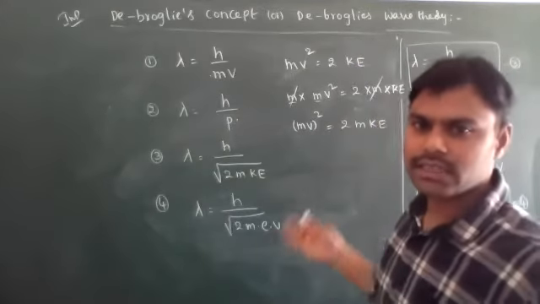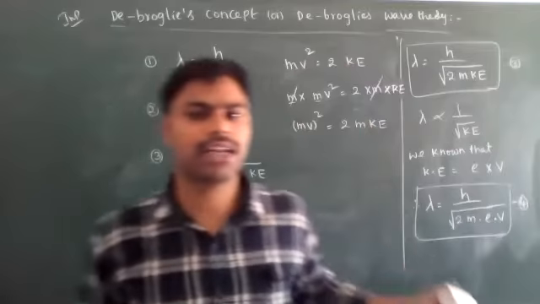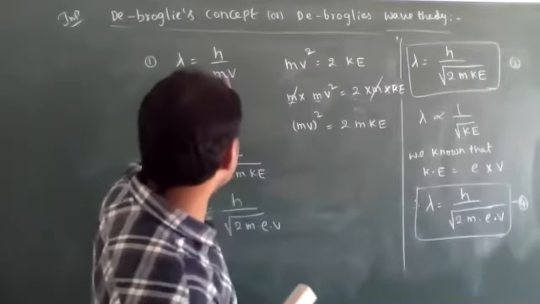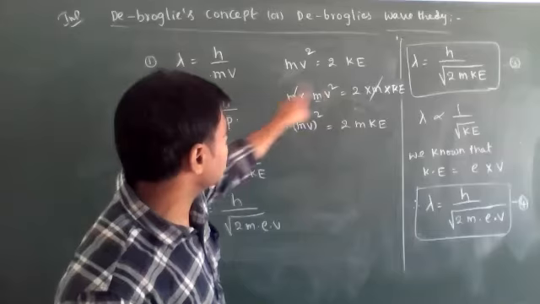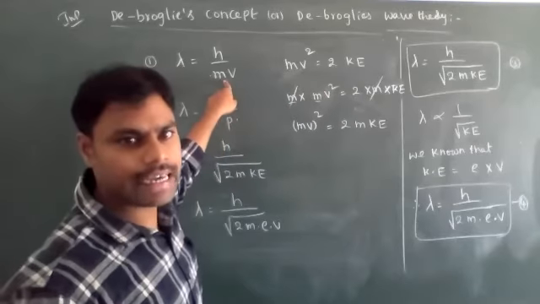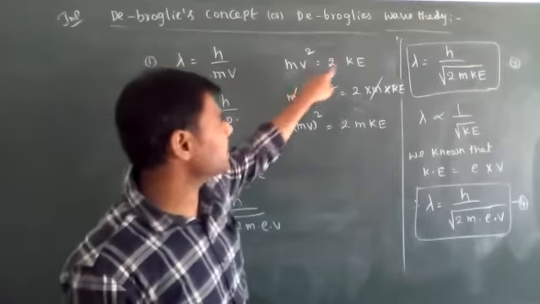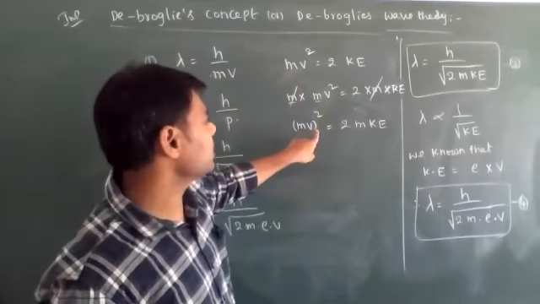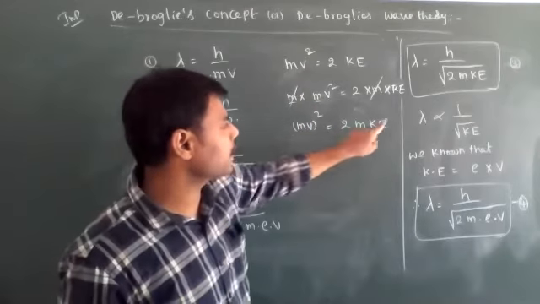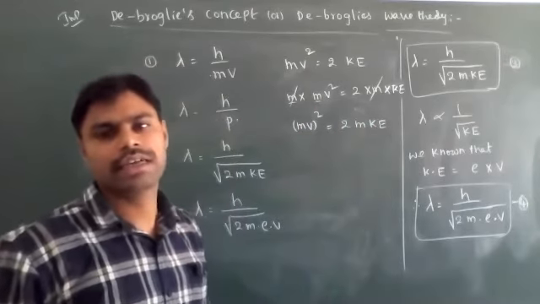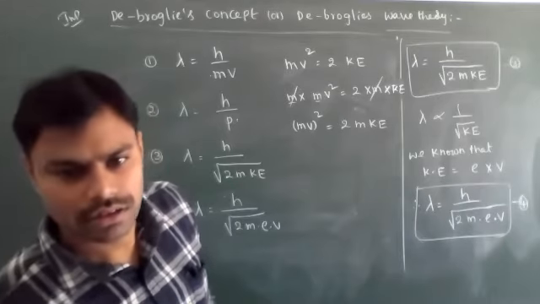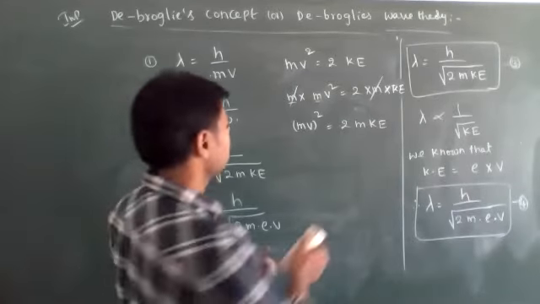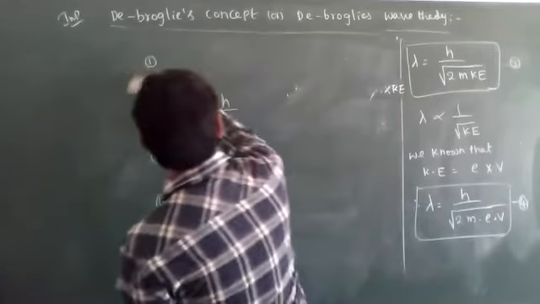What is wrong with that? Both sides are multiplied, so the value will not change, because we know that mv is there, but mv square is not there in the denominator. For getting the mv value from kinetic energy, I just modify that mv is nothing but root of 2m ke. Just mathematical simplification. Okay, next important concept.